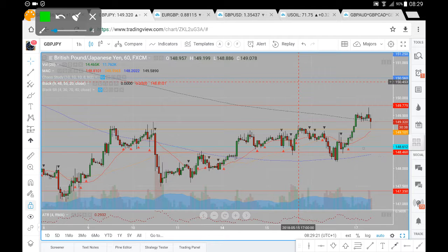But if we do see progression beyond the 48.46, the very next level of possible significance would be around that 148 or possibly even that 147.35. If, however, we can hold this 400 period moving average or the 49.10 as potential support, we're looking for a true test of the 49.78, successful break from which we're looking for a move up towards that 50.56. And if we do progress beyond there, we're looking for a move up towards that 51.25 here on the pound